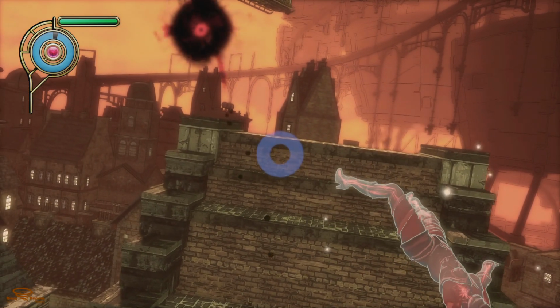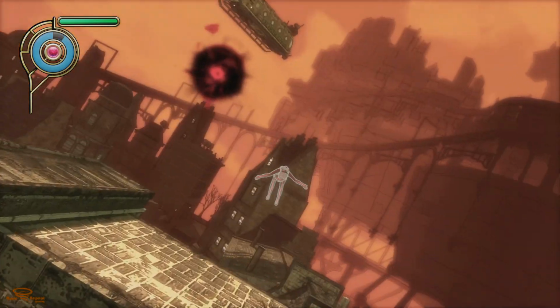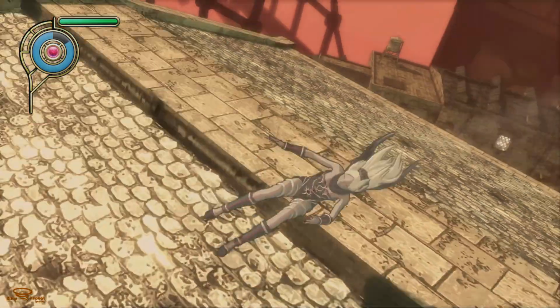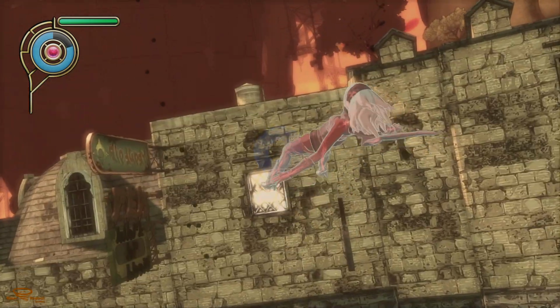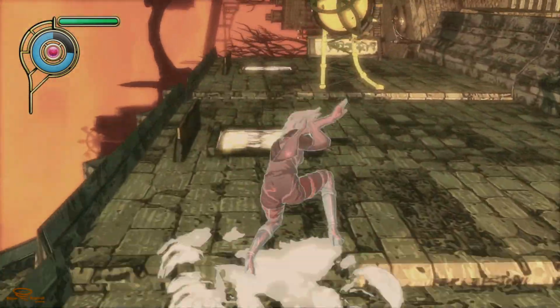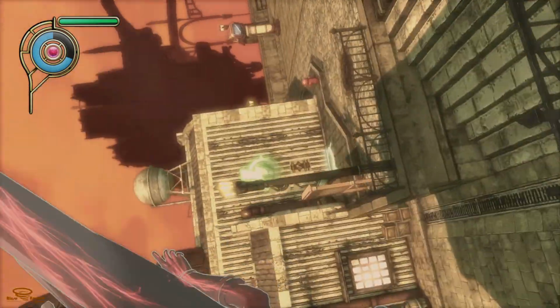So is there anything else that I need to cover? Let me check. Oh yeah, one of the aspects that I didn't cover yet is that you have the ability to slide. So here she's sliding. Okay, I think I have to change my gravity to actually show you the sliding part. So this is sliding. So she can slide across stretches and...